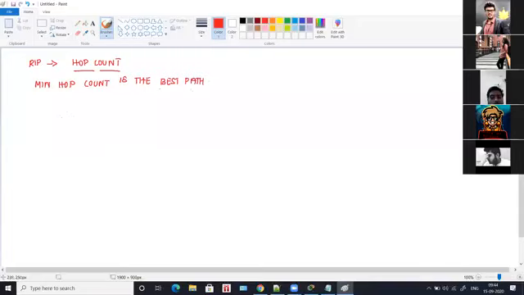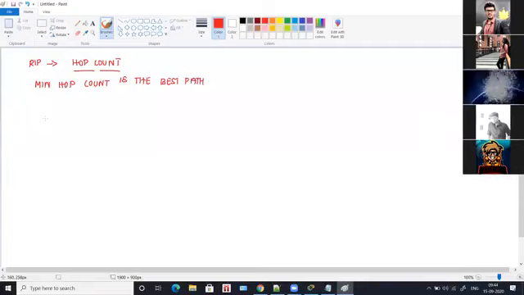The router's work is to identify which path is the best path to transfer your packet from source to destination. So now, what RIP will do, for example,